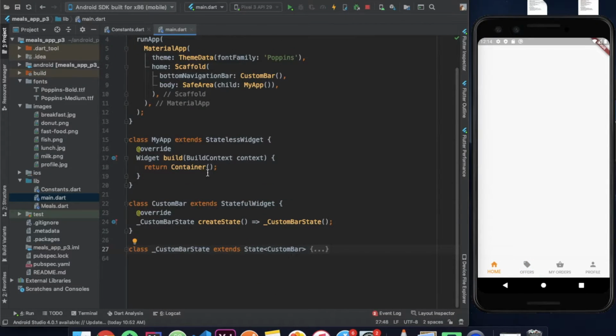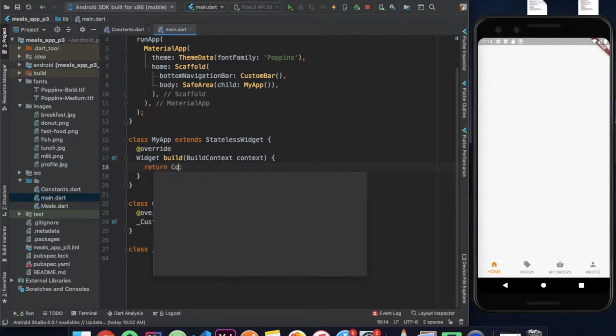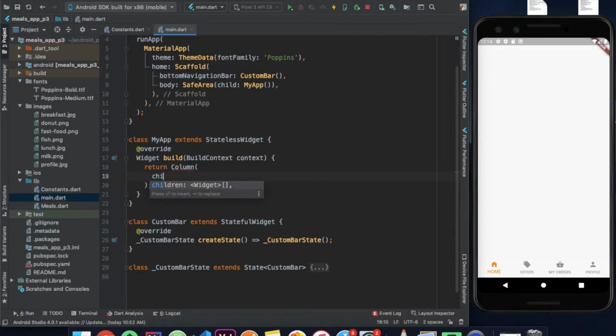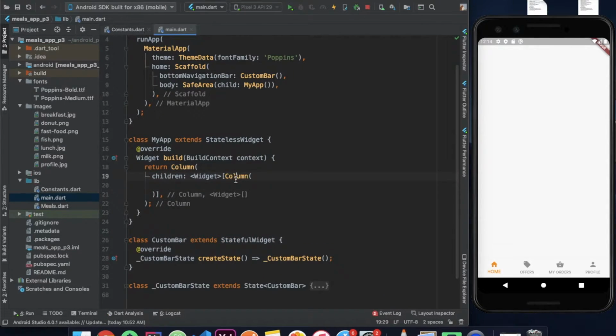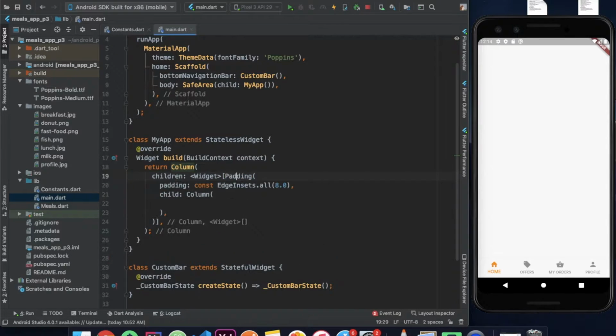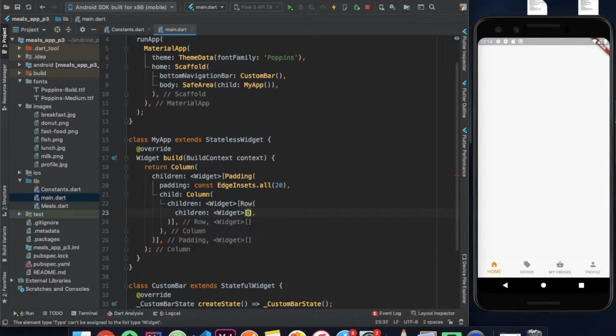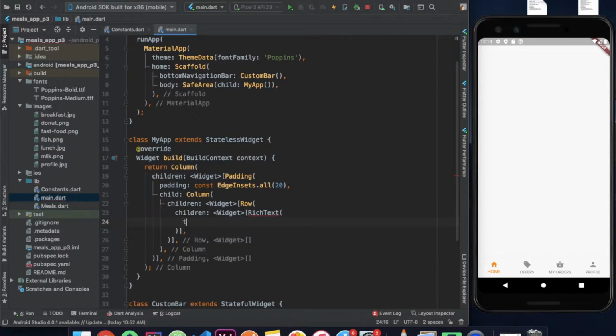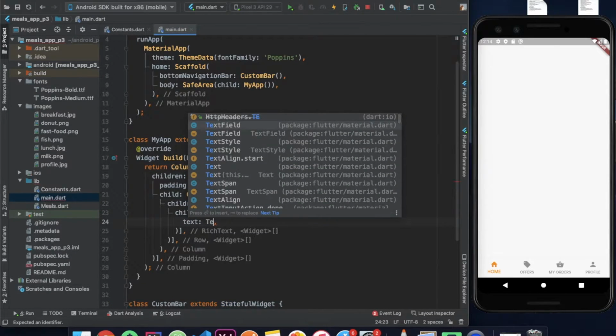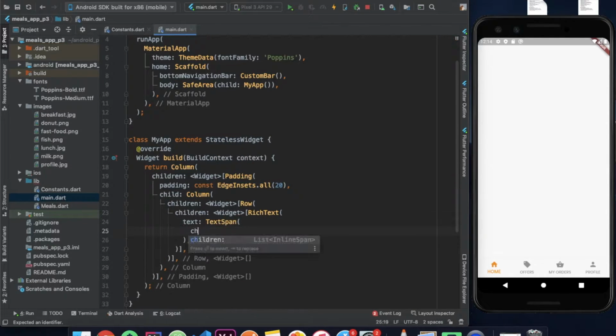The next thing we are going to do is, instead of the container, it is going to be a column, and the first child of the column is again going to be a column which is wrapped by a padding widget. So we are going to set the padding of 20 on all sides. The first child of the column is going to be a row, and the first child of this row in turn is going to be a widget called rich text. The rich text takes in a property called text whose value is going to be text span. The text span has a property called children where each child is an inline span,